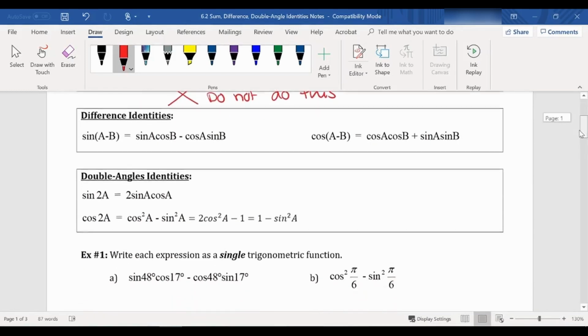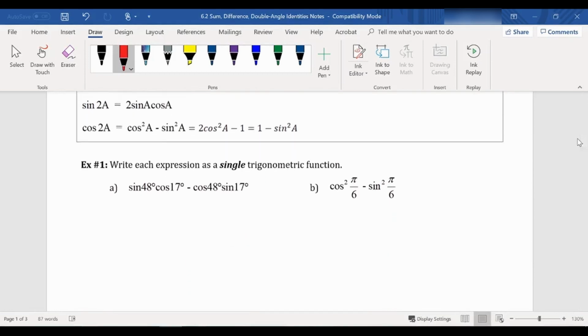So we're going to take a look at some different ways to answer questions using these identities. One of the ways of finding these helpful is if you're being asked to evaluate things that do not have special angles. Sometimes there's a way you can rewrite them so that you can express the angle given as a sum or a difference of two special angles. Other times it's just to simplify a function that looks disgusting, and we can make it look a little less disgusting. So when you are doing these questions, you need to have that formula sheet sitting in front of you,